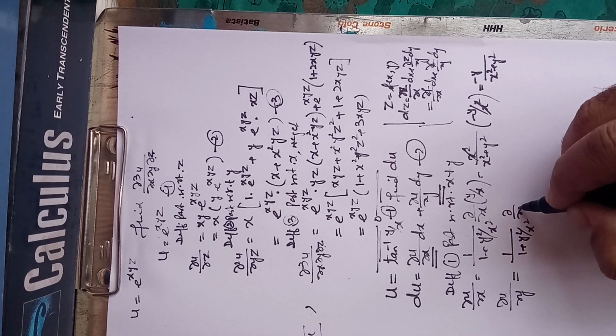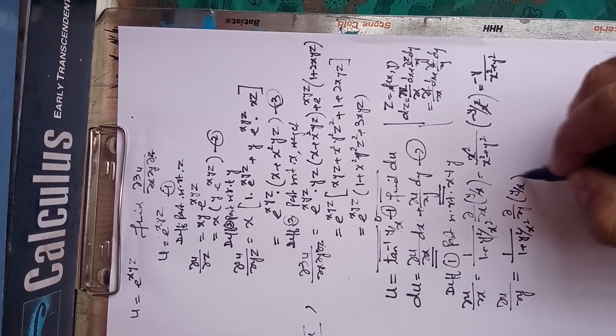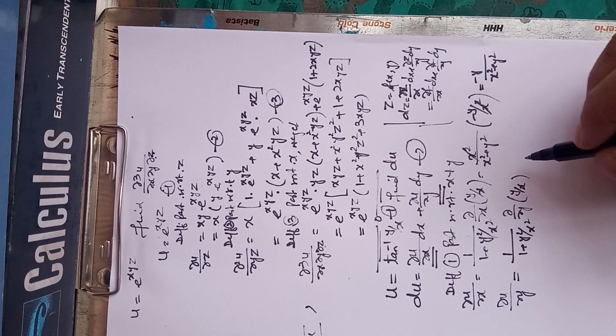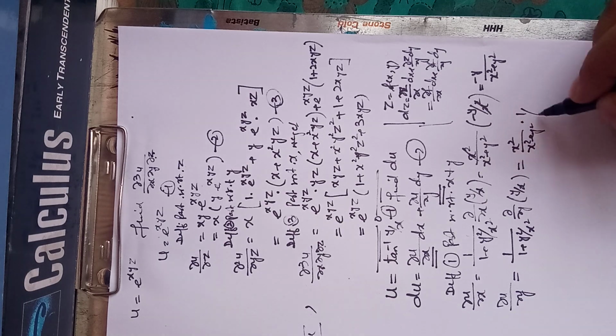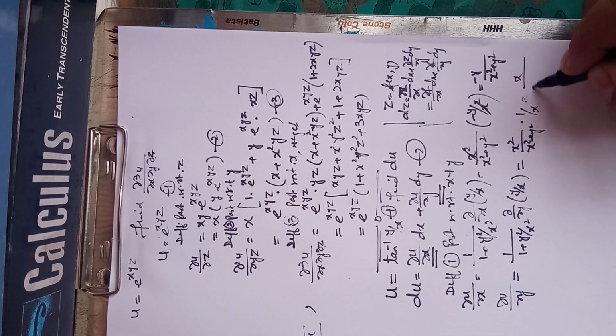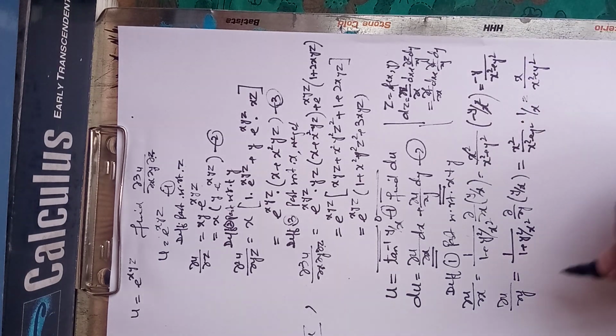Then the partial derivative of tan inverse y by x with respect to y: 1 by x is constant, the derivative of y will be 1. This is x square plus y square into 1 by x. So this is x upon x square plus y square. Hence from 2,